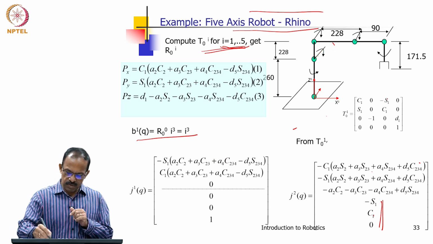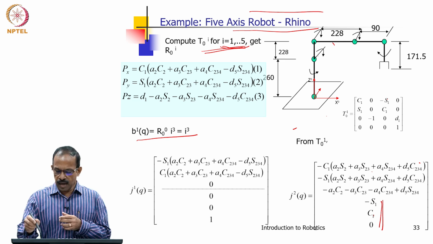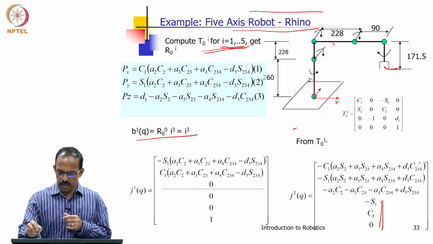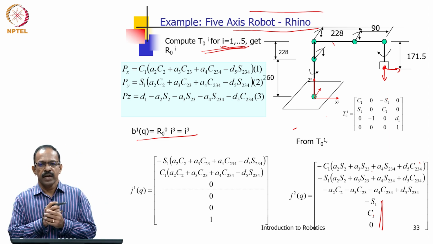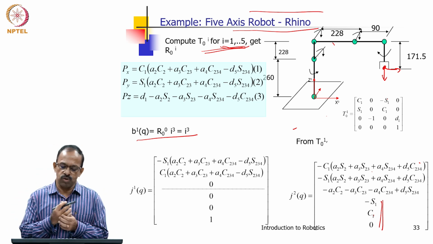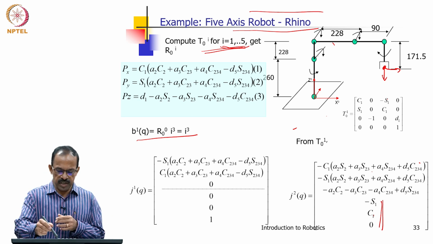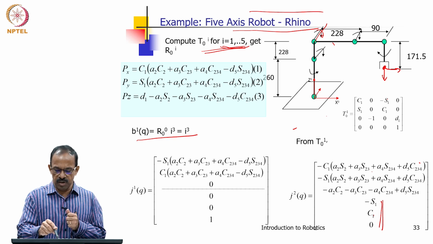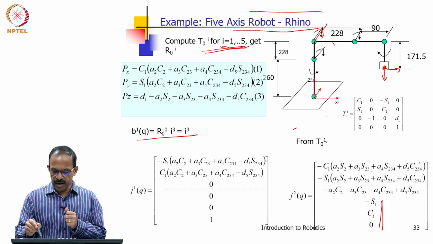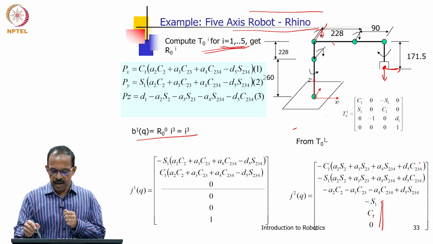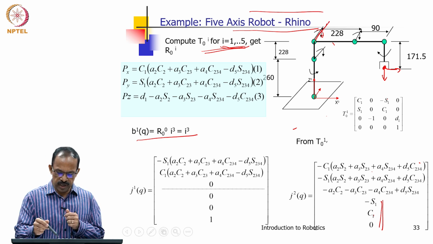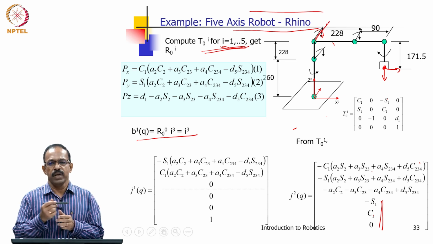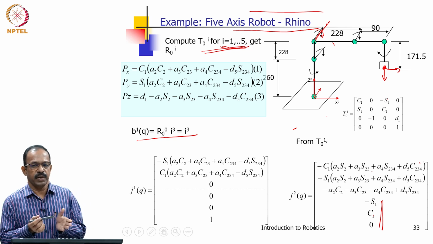Conceptually, what we are trying to say is that the angular velocity of this frame, the angular velocity of the tool tip, depends on the orientation of the joint axis. So, if the joint axis is in this orientation and we make a rotation about this joint axis, then the angular velocity will change here depending on how this axis is oriented with respect to the base frame.